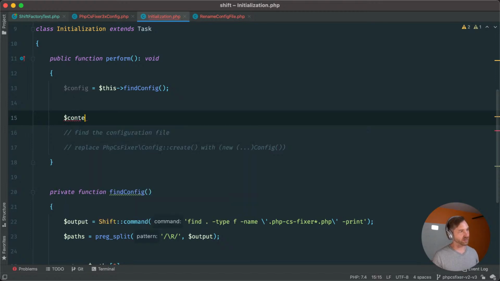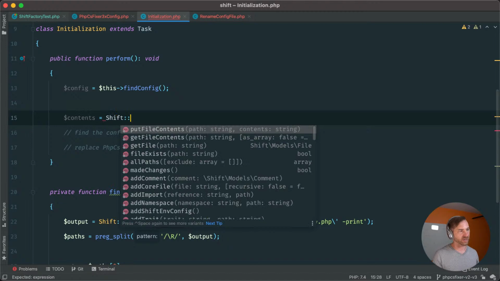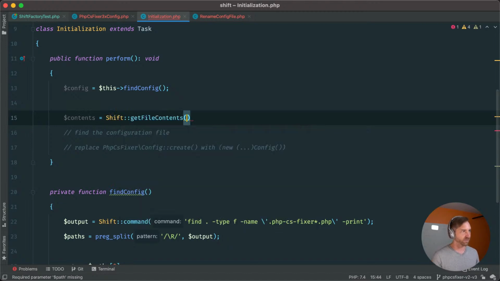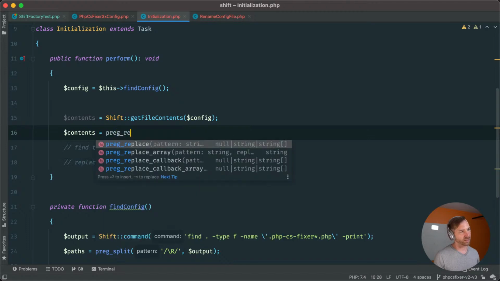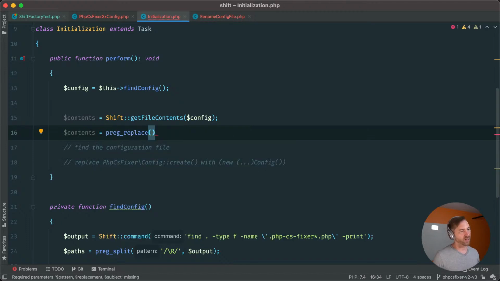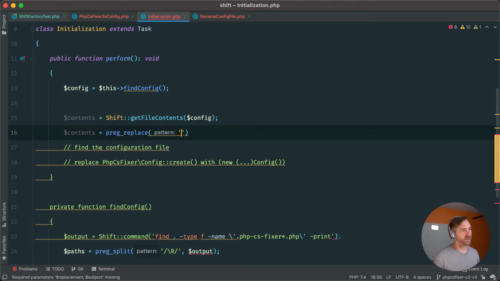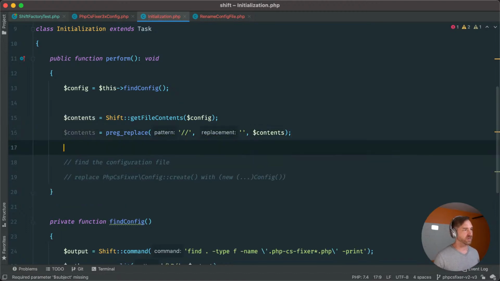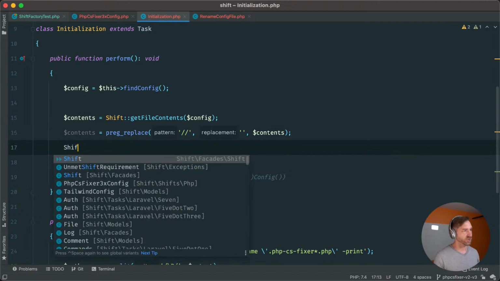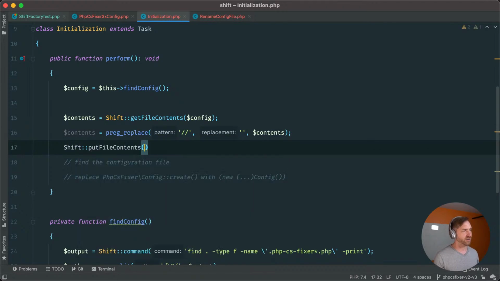So I'm going to get the contents of that config file. And again, Shift has a wrapper for all this stuff. So get file contents is one of them. Config. And then let's do contents equals preg replace of this little bit here, and we'll go out to regex express and use that. So let's do contents. Let's just finish out our code here, and then shift, put file contents,